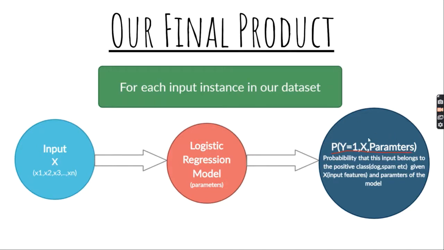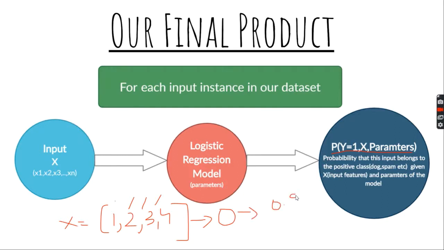To put it differently, let's say for a particular instance I had 1, 2, 3, 4, which is petal length, petal width, sepal length, sepal width, and I pass it through the model that we built, and it gives me the value 0.9. What the heck does this mean? Well, 0.9 is the probability that this input sample belongs to the iris setosa class